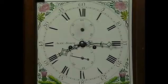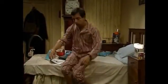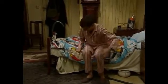So as time passes, we see the hands of the clock move, and it's now almost 9 o'clock in the morning. Mr. Bean gets out of bed, stands up, spreads out his cover or his comforter, and appears to be sleepwalking until he runs into a wall and fully wakes up. He sits down on his bed, puts on his slippers, stands back up, and walks over to the window, where he opens up the curtains,